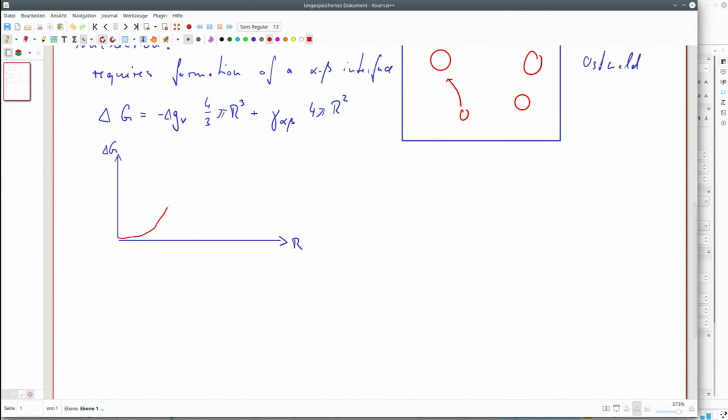There's roughly such a shape here, this curve. And here, once you reach this maximum, that's what we call the critical radius. If nuclei are smaller, they would dissolve again here, so they have no chance to survive. If they are larger, they can spontaneously grow. And this critical radius is given by